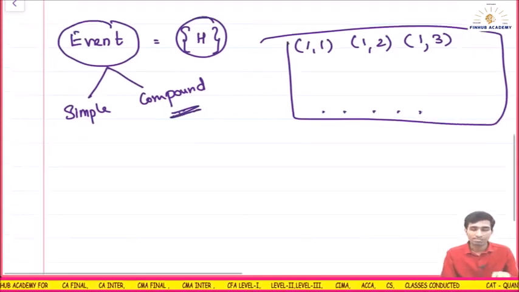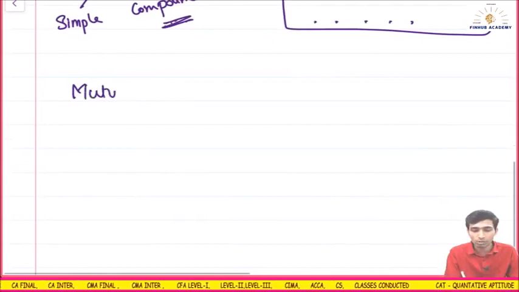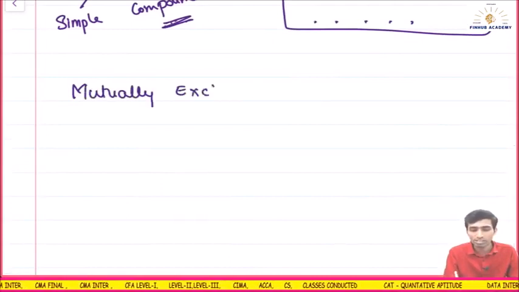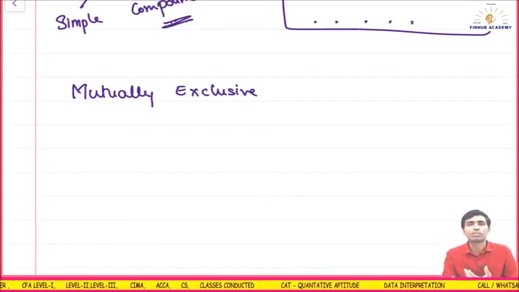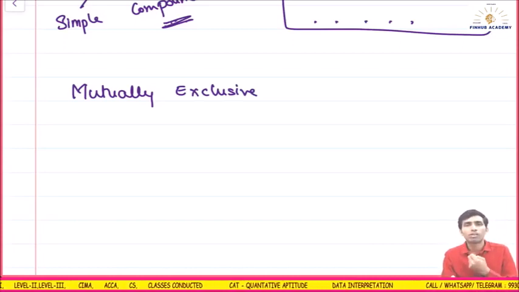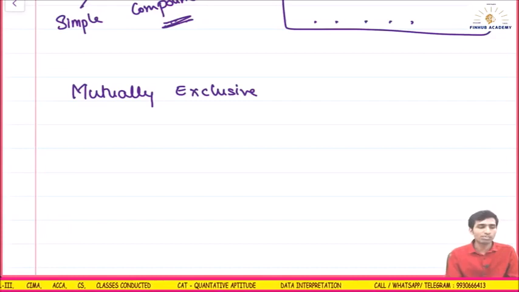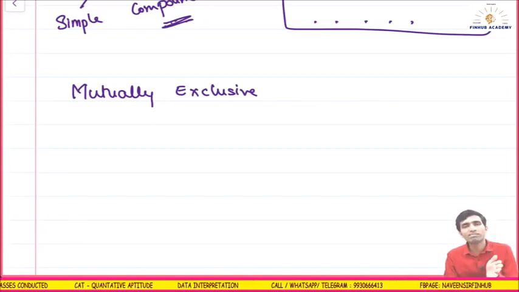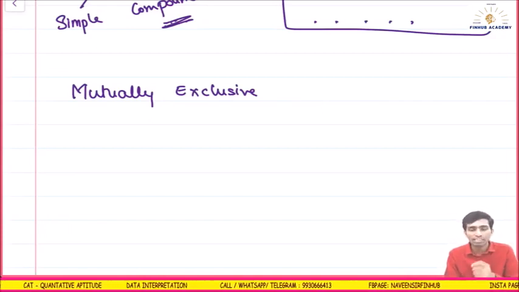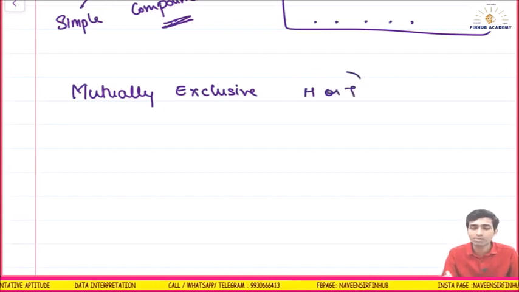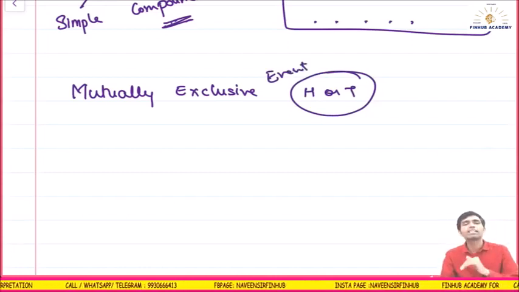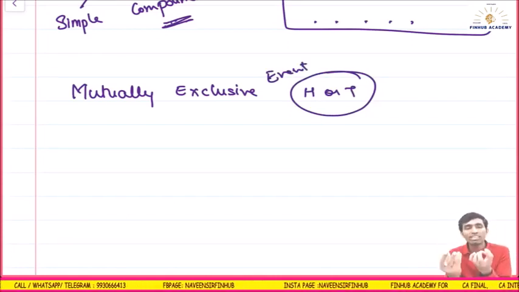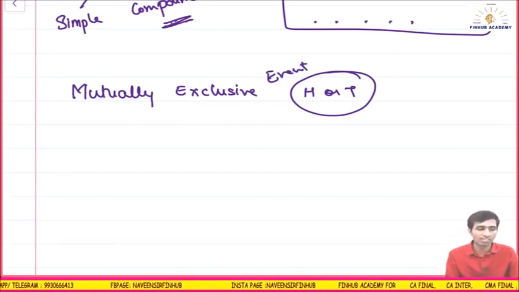Okay, next, mutually exclusive means what? If someone is thinking that I know all these things, then you can obviously fast forward the video. You can watch it at 1.5 or 1.25 times. Mutually exclusive means that the 2 things cannot happen together. Those events which can't happen together are known as mutually exclusive. When I toss a coin, either it will be head or it will be tail. Getting a head is an event, getting a tail is an event. These 2 events are mutually exclusive events, as two events can't happen together.